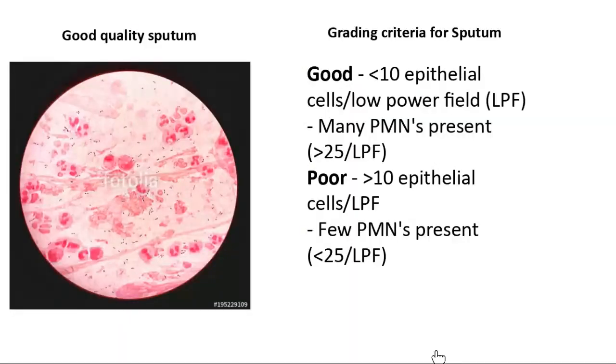Now what are the rules, on what basis can we say a specimen is good or poor? For this purpose we have two criteria, based on the presence of two cells: epithelial cells as well as polymorph neutrophil cells. Okay, on the low power field, which is 10x. What is the low power field? Low power field is 10x. So if in the low power field you find less than,